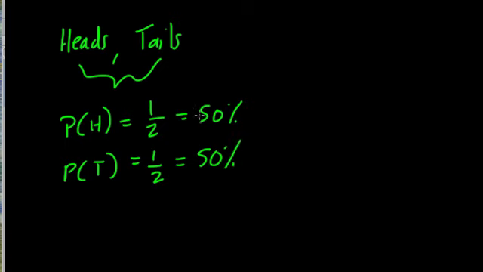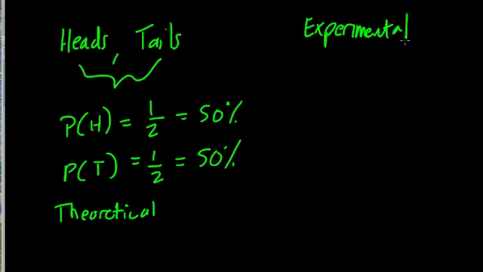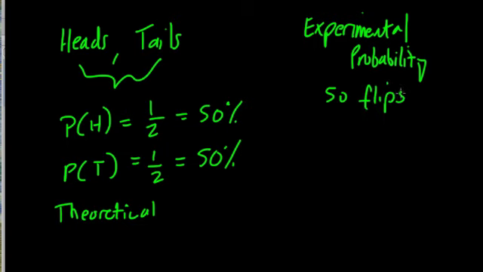Now, when you actually test this, what I just described is theoretical. On a small scale, anything could happen. So for experimental probability, let's say you're running a trial looking at the coin, and you're flipping it 50 times. So you have 50 flips. What should happen? Well, the closest estimation of what should happen is that you'll have 25 heads and 25